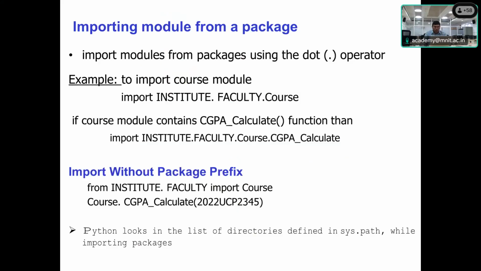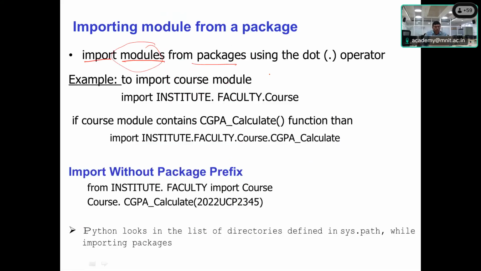Now how to import that package, because now this package will consist of the modules. In that case we have to use the import statement to import modules. What we want is that from a particular package folder I want to import some of the modules. It means some of the functions which were implemented in the